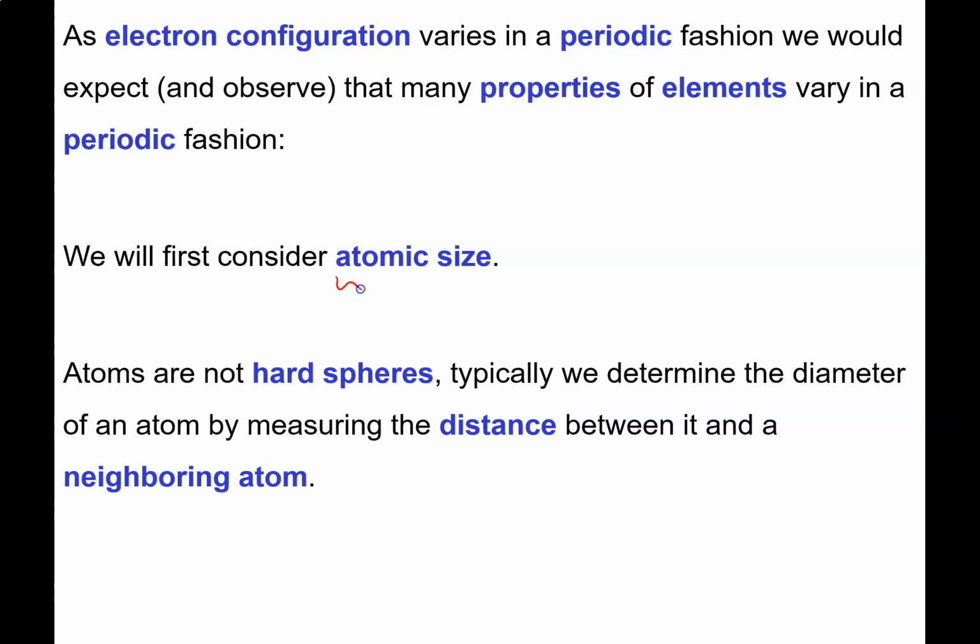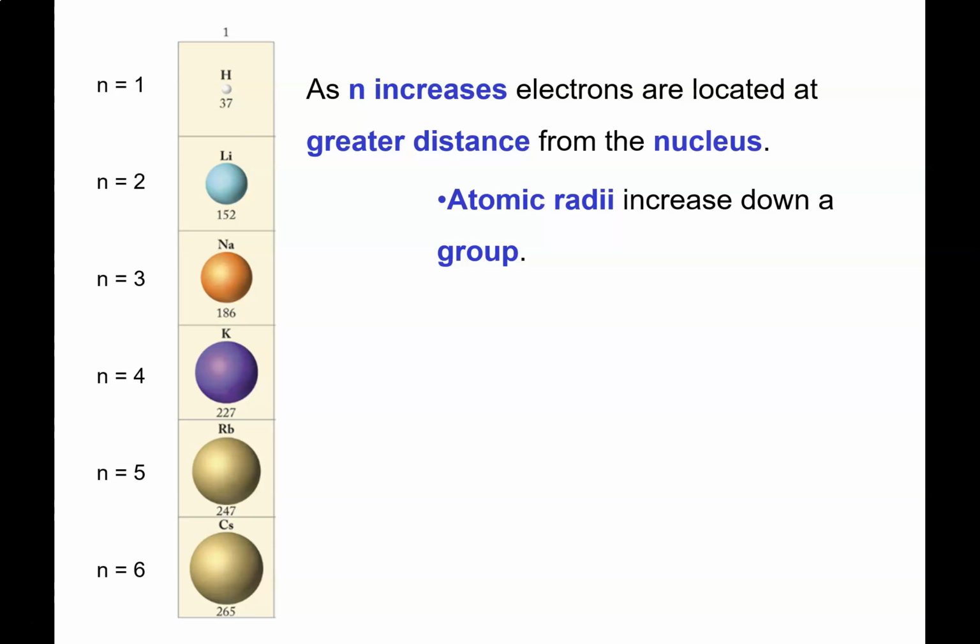The first property that we're going to be looking at is atomic size, and it is important to recognize that atoms are not hard spheres. Typically, we'll determine the diameter of an atom by measuring how far away it is from a neighboring atom in either a sample of the element or of that atom in a compound. You might see some different sizes for these atoms recorded depending on how those values have been determined, but the general trends remain. So the first trend that's kind of obvious is that as we go down a period,